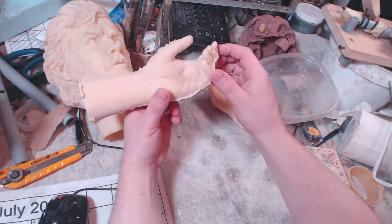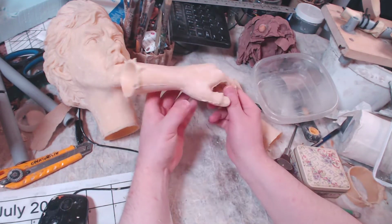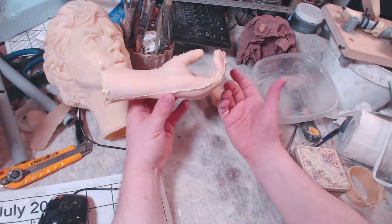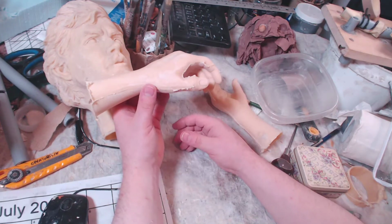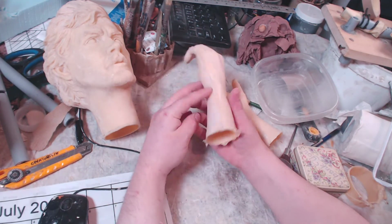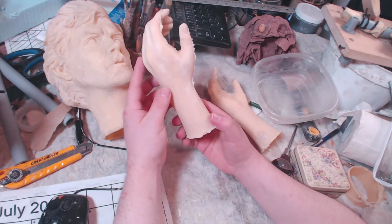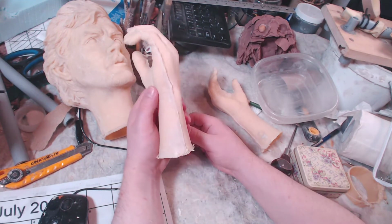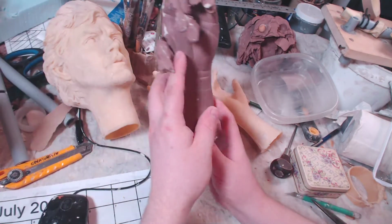These tips here, this whole section here is curving inward inside of the plaster mold. So because of that separation, it simplifies both things a lot. It's still at the limit of what the plaster can do, I think. But my goodness. And I'm not really good at making clay walls, so I have a lot of cleanup to do. But that's nothing compared to how I would have ruined the job of days and days of sculpting and smoothing